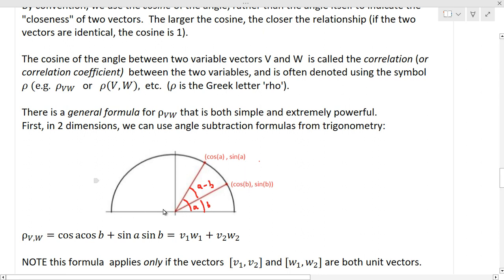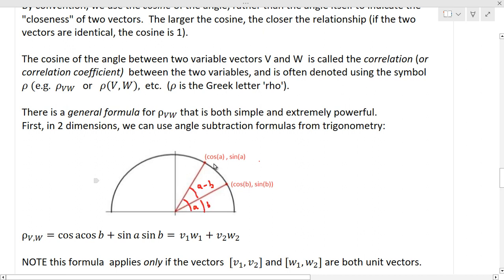Here's my x-axis, my y-axis. That's because the point lies on the unit circle. So here I have two data vectors, and the angle between them is the difference between the angle for the first one and the angle for the